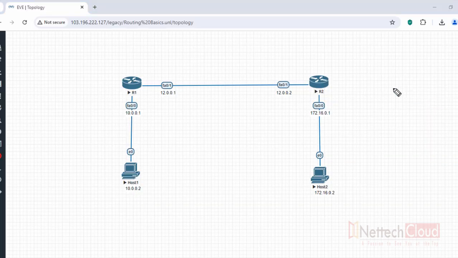So if you look at the topology here, there are 2 routers, R1 and R2. Interfaces are configured with IPs 10.0.0.1, 12.0.0.1 and 12.0.0.2, 172.16.0.1. Host 1 IP is 10.0.0.2, host 2 IP is 172.16.0.2. So what I'm going to do first, I'm going to initiate a ping from host 1 to host 2, and